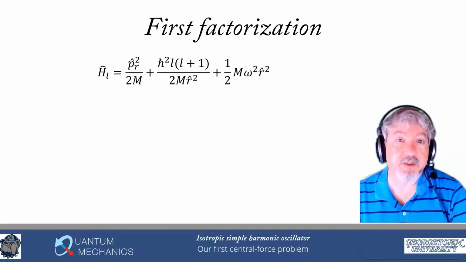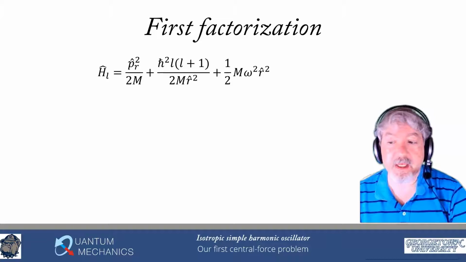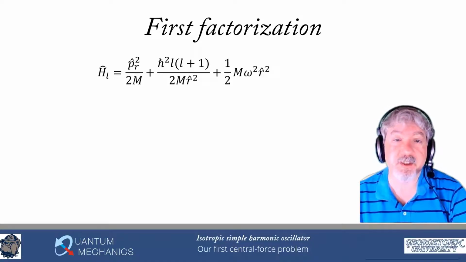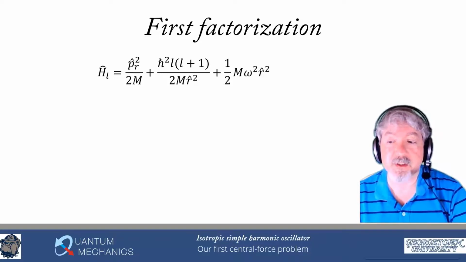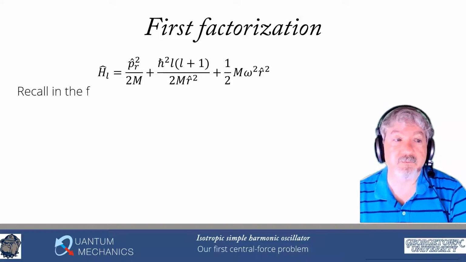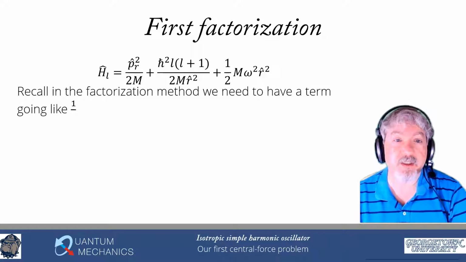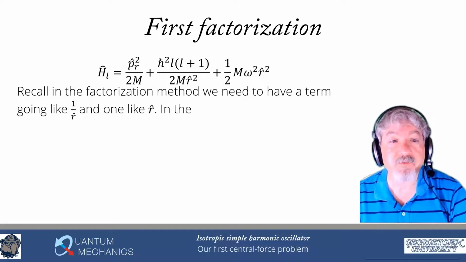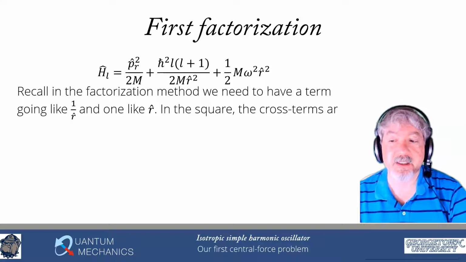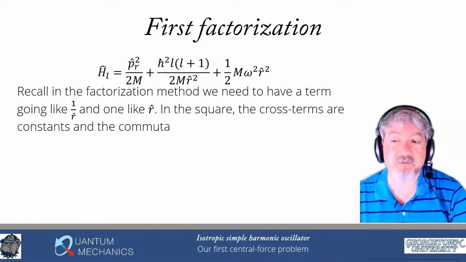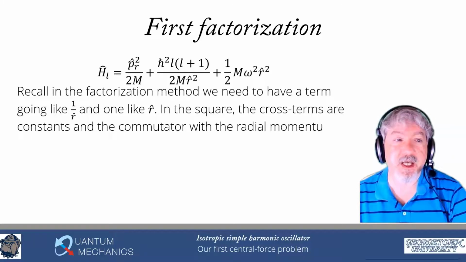Now look at that function. This is something that has a momentum squared over 2m. That's the same kind of kinetic energy as we've been working with before. Remember, the canonical commutation relation of a PR with an R looked just like the canonical commutation relation of a PX with an RX. So this is the kind of Hamiltonian that we've been factorizing already. Now, we've already even worked with factorizing this when we looked at the second factorization of the simple harmonic oscillator.